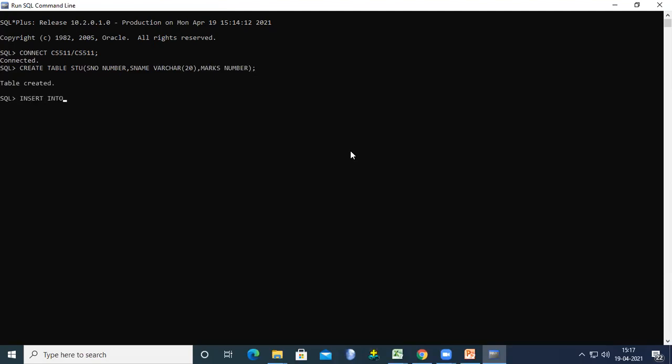Now I insert values: insert into table name values. Here I'm giving, for example, 1, and here my name Ganesh. Here I try to give empty, I'm not giving anything. I simply close this, but one row is created. Now again I repeat with the same number, and in the Ganesh place I replace Mahesh. Here I try to give 23, or maybe 77. One row created.